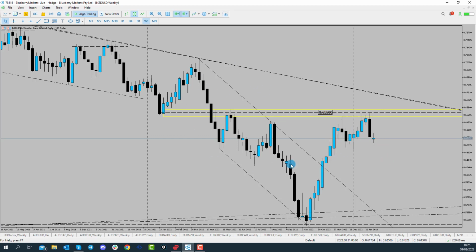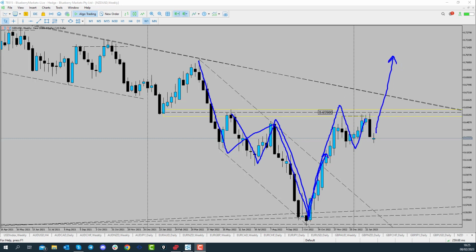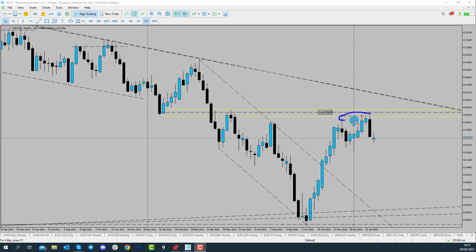Now you have to ask ourselves the question, what's really going on here? Well, from a higher time frame perspective, we can argue that we have a couple of narratives in play. We have the narrative that price was in this bearish channel here, however we've broken out of the bearish channel and price could essentially be forming a head and shoulders pattern to continue to the upside. The other narrative is that price has recently rejected at this 0.6550 handle, and that price could be continuing the overall bearish trend of the market. So two narratives in play.